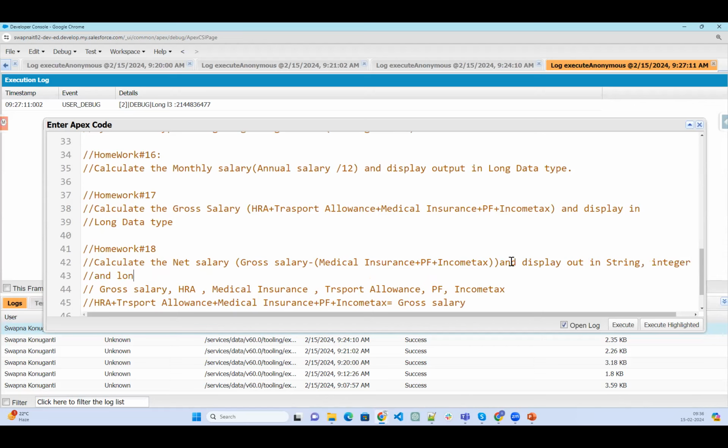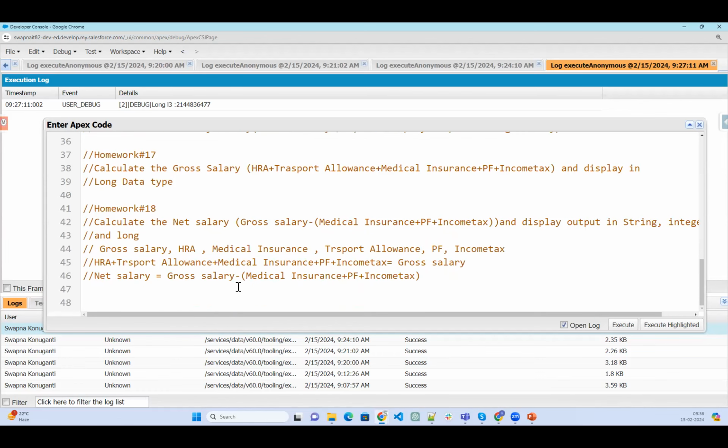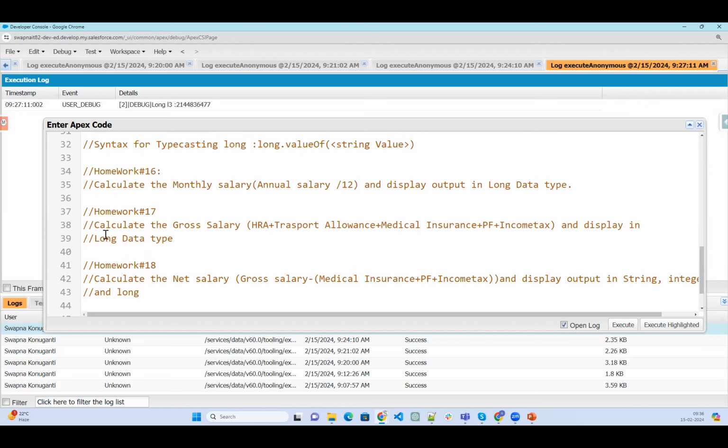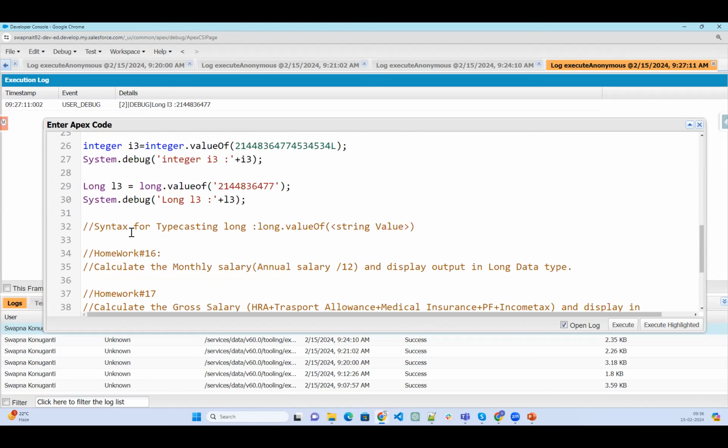It should be in 3 different data types you need to display. This is about the long.